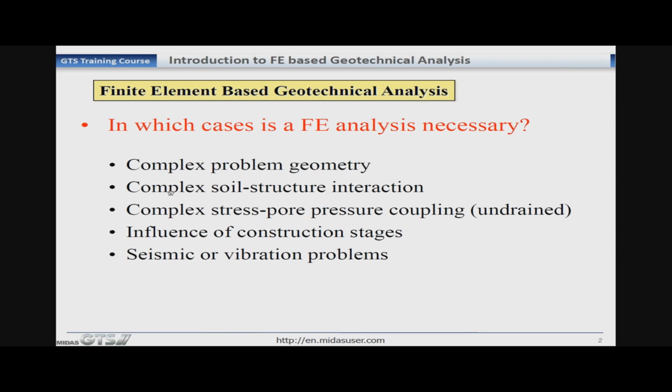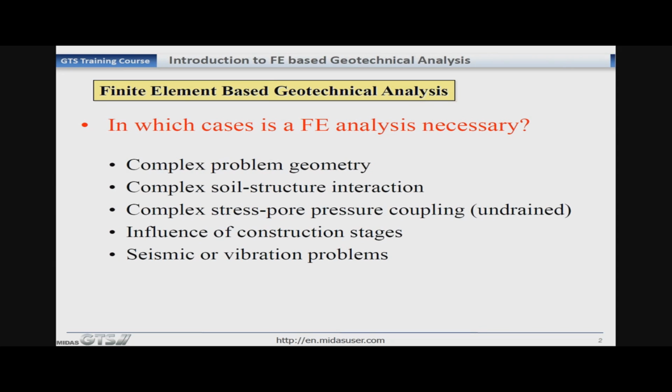And if we want to perform complex soil structure interaction, then again we need to have a finite element tool. With the help of a finite element tool, we can do complex stress pore pressure coupling analysis, and we can also consider the influence of construction stage analysis.